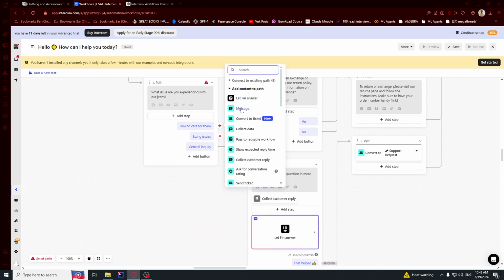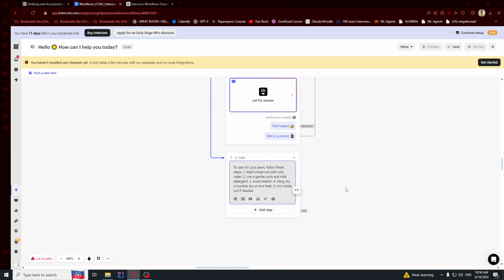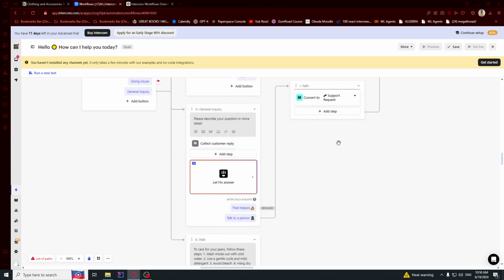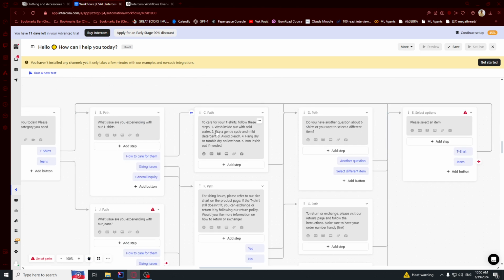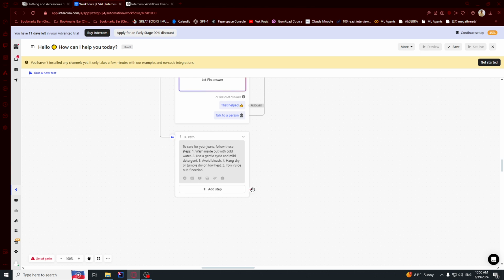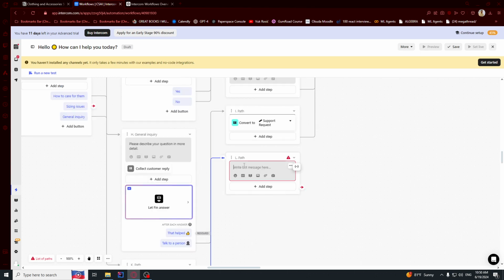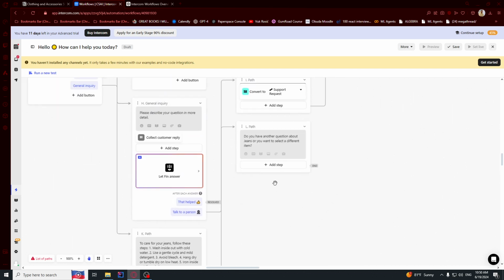And then how to care for them, we're gonna send a message like that I just copied. And so we have how to care for shirts as well. So then this goes to this message, another question, and select different item. So I wanna send another message after this one about caring. Do you have another question about jeans? Or do you want to select a different item? So I'm gonna say buttons,